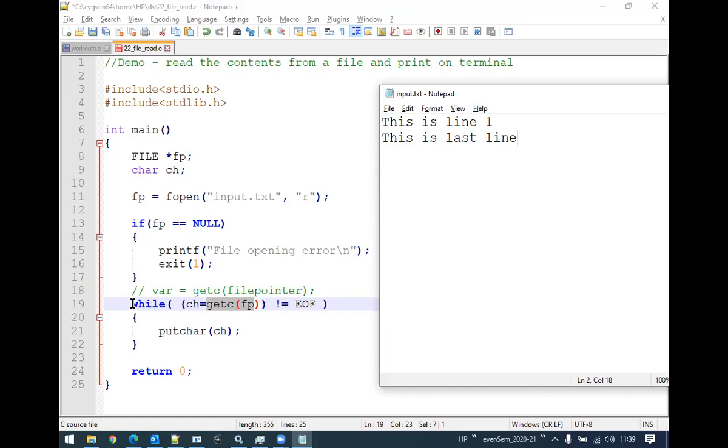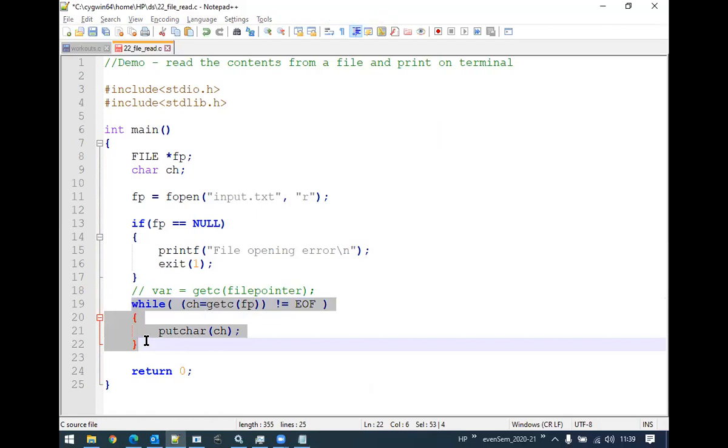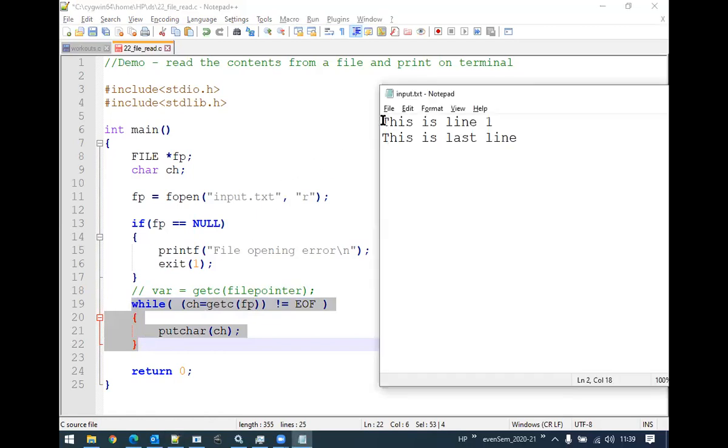So now what this particular while loop has done, it has helped us in reading the contents of this file character by character, and every read character was printed onto the monitor. That means we just successfully did the input operation. That is, we could read the contents of the file, and then print on the monitor.